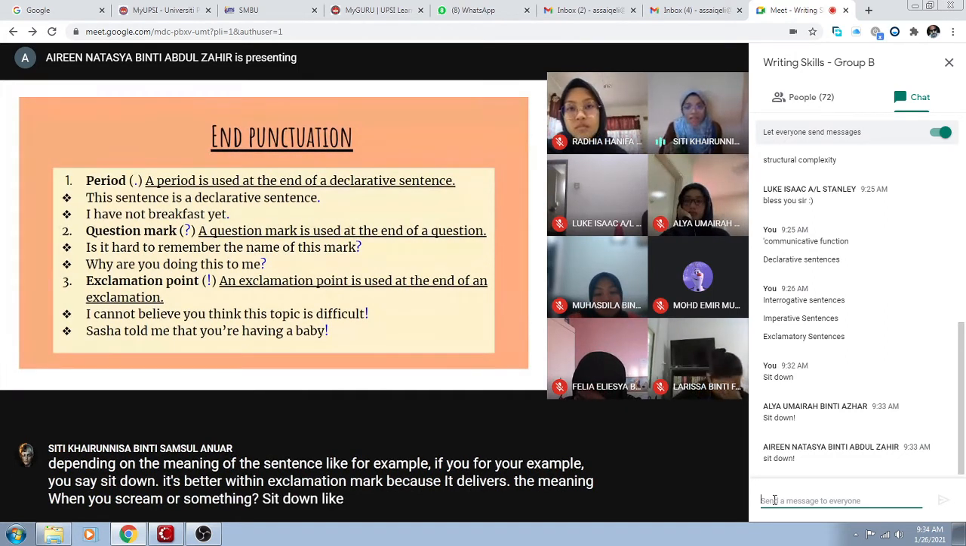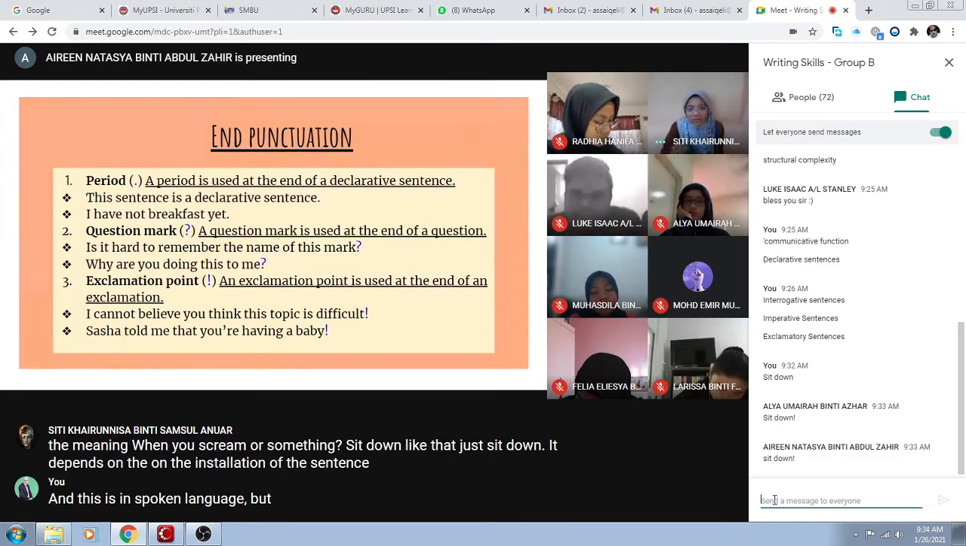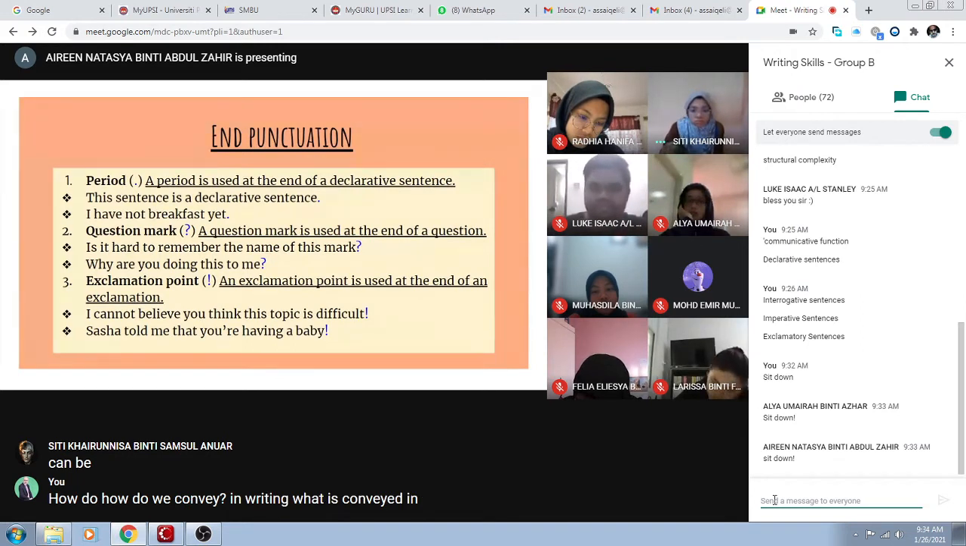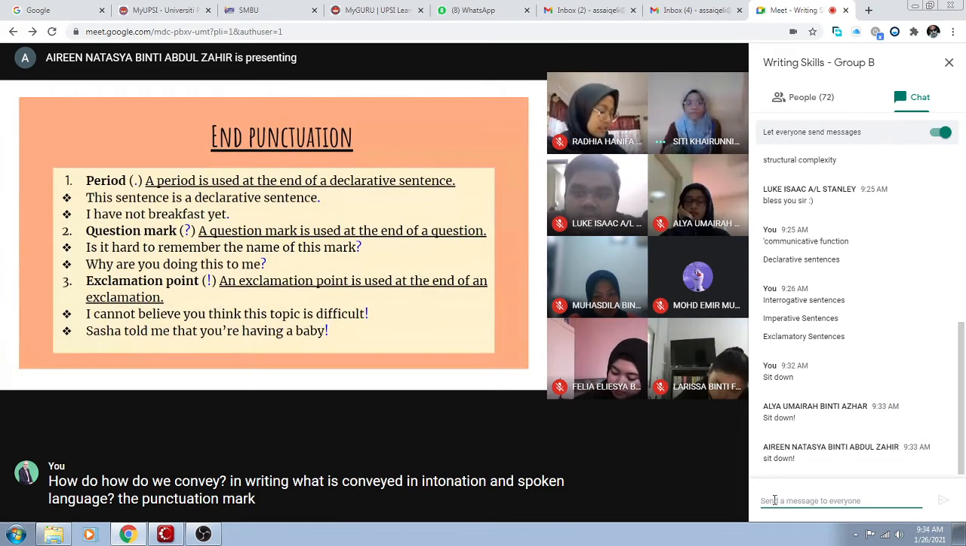Not just sit down. It depends on the intonation of the sentence. This is in spoken language. But in written language, there is no intonation. How do we convey in writing what is conveyed in intonation in spoken language? The punctuation mark. Okay, you've said that